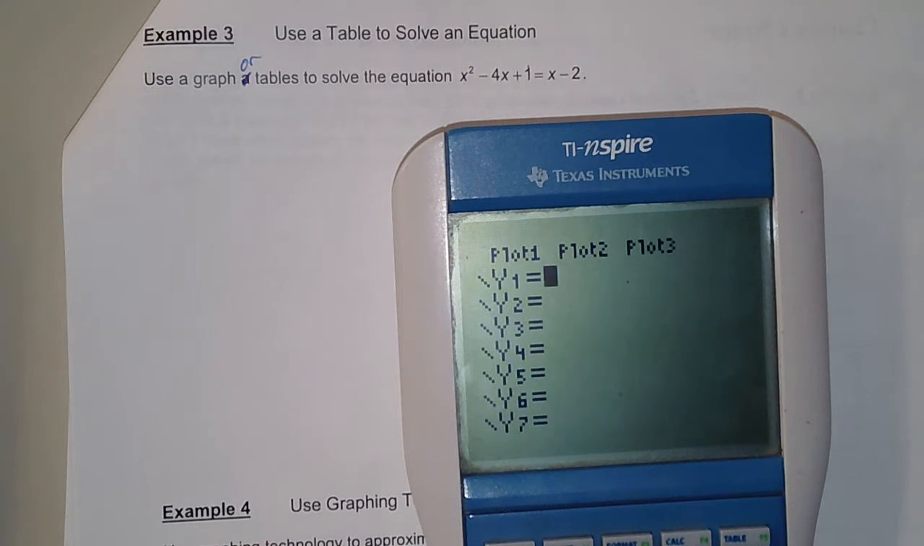So we'll go ahead and just type it in. So we go x squared minus 4x plus 1. And then you got your x minus 2. I would follow along as you do this to see if you can get the same thing to happen on your graph. All right, so we get those in there, and then we should be able to press graph, and it should graph this for us. So we press graph,